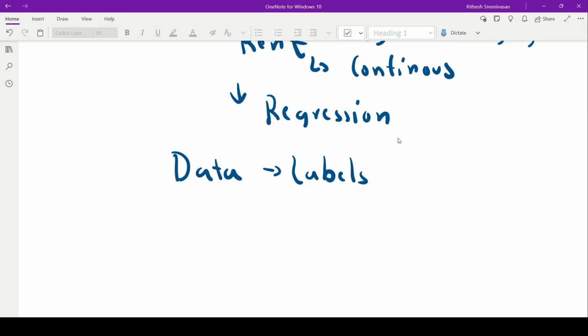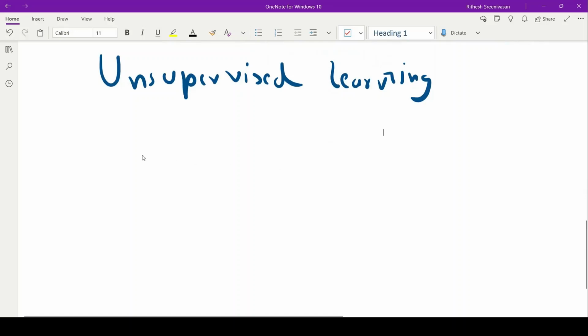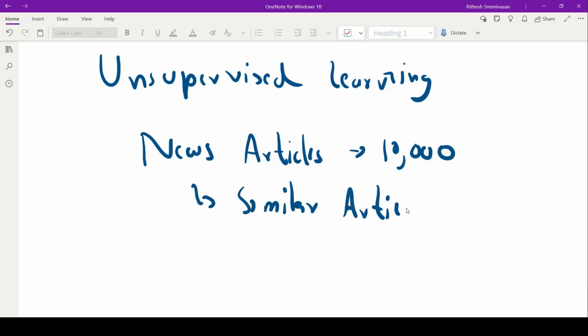The next is unsupervised learning. So what is unsupervised learning? The opposite of supervised learning. Here you are not given any labels. For example, you are given some 10,000 news articles. Now you have to find out similar articles. You don't know what these articles are, you don't know what topics they belong to, so you group them